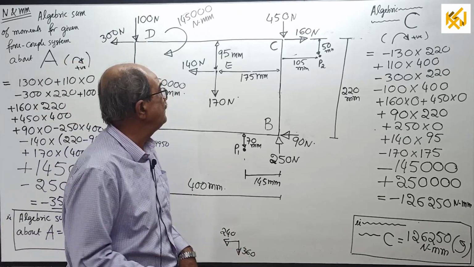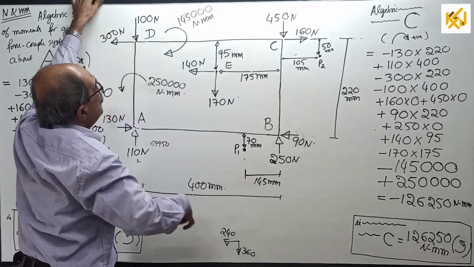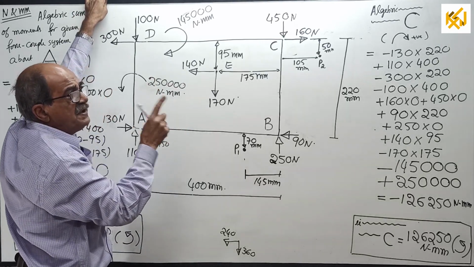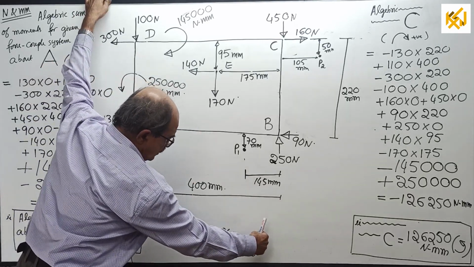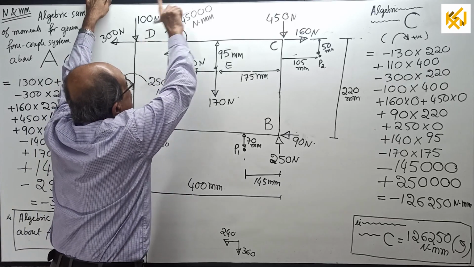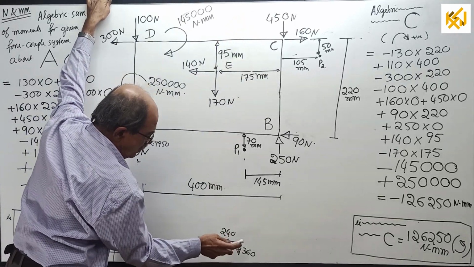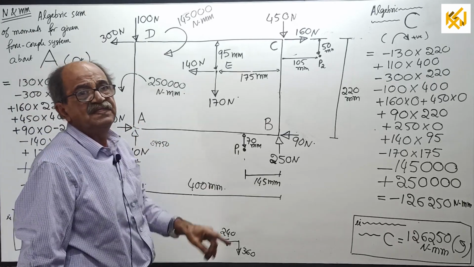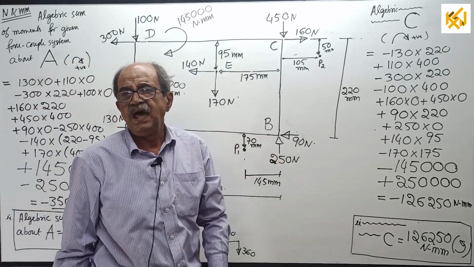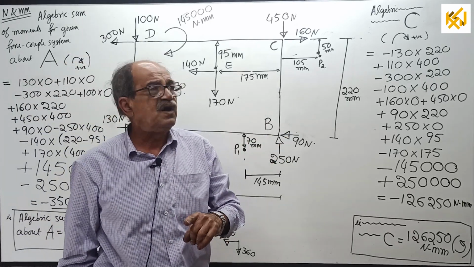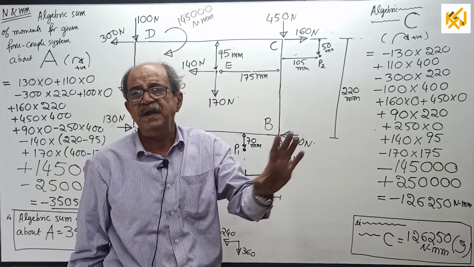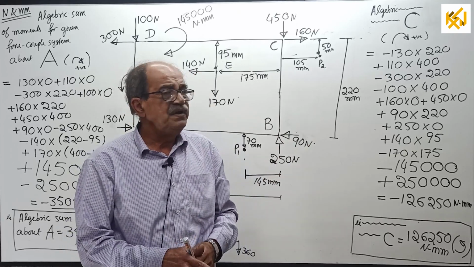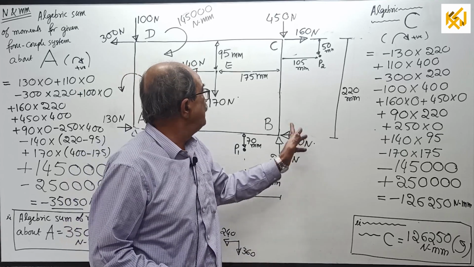Actually, what I want is the complete force system. What is the resultant or net horizontal force? I got 240 on the left side. Net vertical force is 360. Now, this force and this force together can be used to get the moment about any point. I will tell the trick after everything is over.